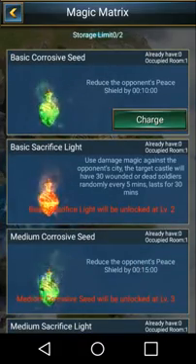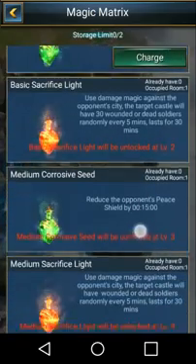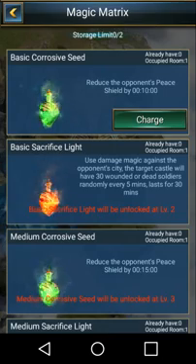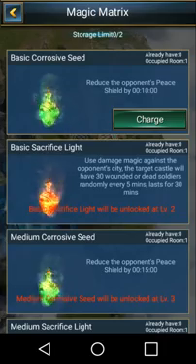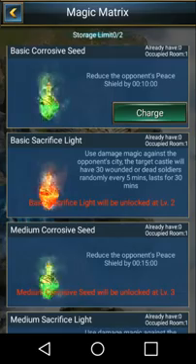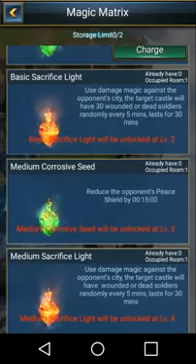I feel like the values of the corrosive seed and the sacrifice light are not high enough to do any effective damage on any castles. But if you're sitting there waiting, you've got a level 25 watchtower, you scout out a castle. It's got maybe 10-15 minutes left on its peace shield, and you notice that you want to hit it quick. Go ahead and use the corrosive seed, or if you have the higher level one, you can use the medium